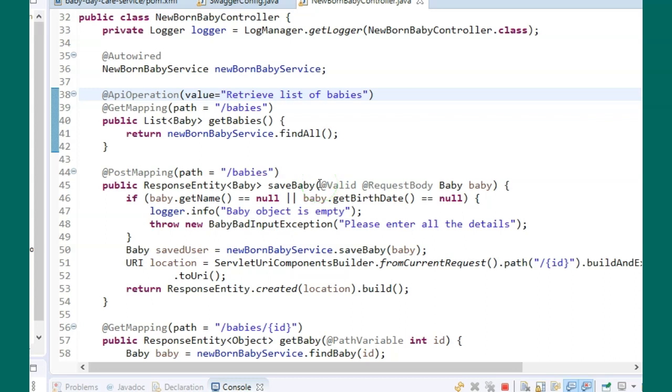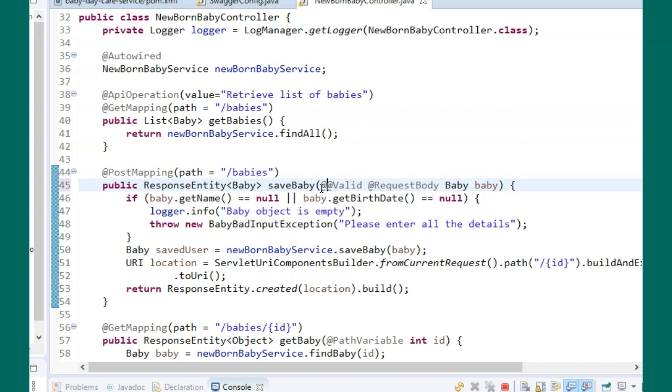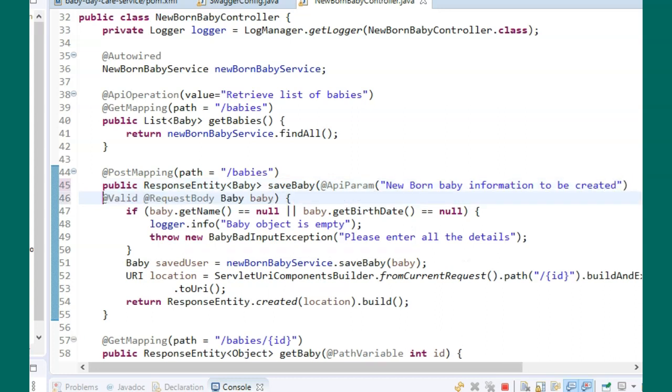And at the parameter level, we can add the annotation @API param. Let me indent this. Since I have used Spring Boot DevTools, the application has automatically restarted.